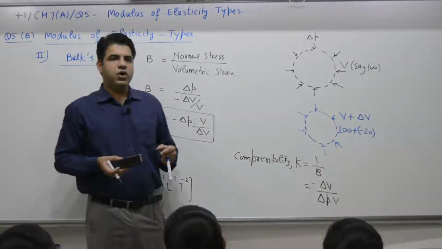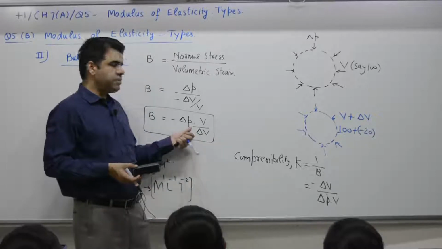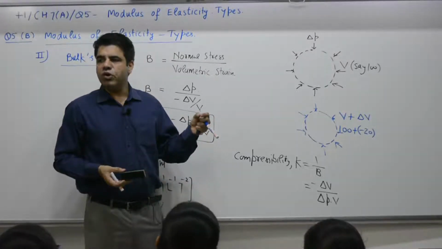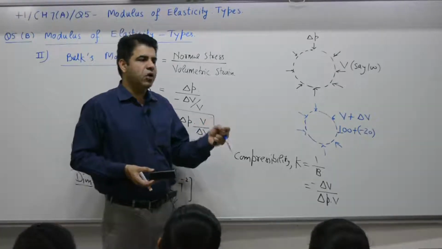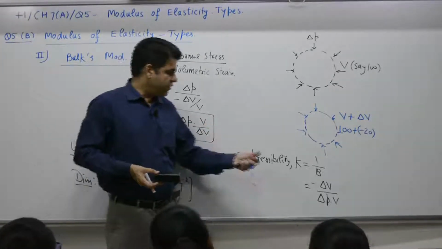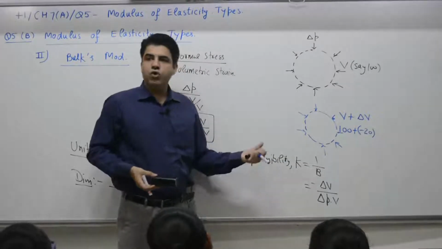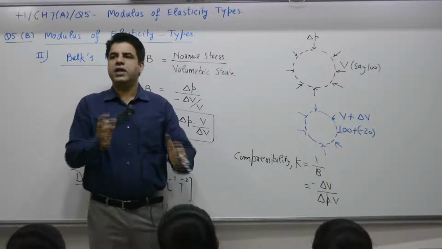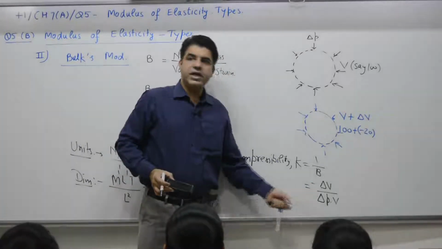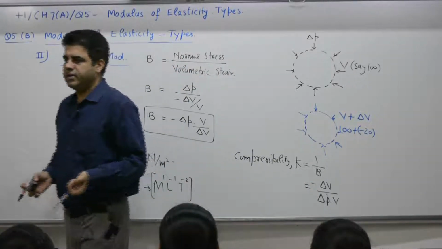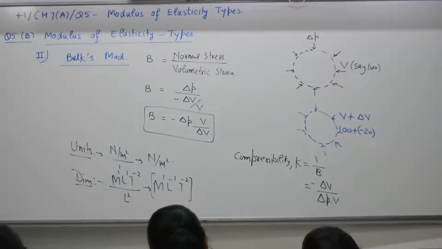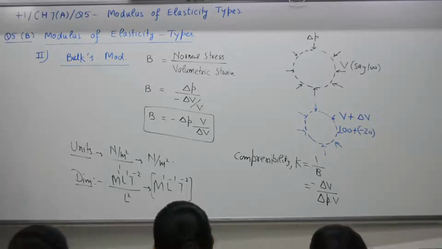Comparison of two, an iron ball and a football. You apply the same delta P. The change in volume, delta V, is more in the case of a football in comparison to an iron ball, steel ball. So if delta V is more, the material is more compressible. If you press a football from all directions, the change in volume is more in comparison to a steel ball. So compressibility is the reciprocal of bulk modulus. Units and dimensions are the same. 3 minutes to write.